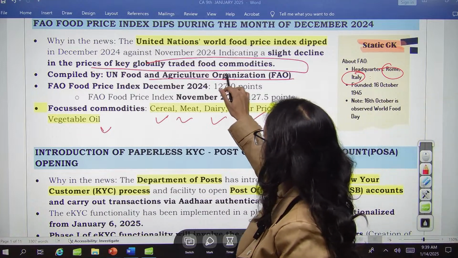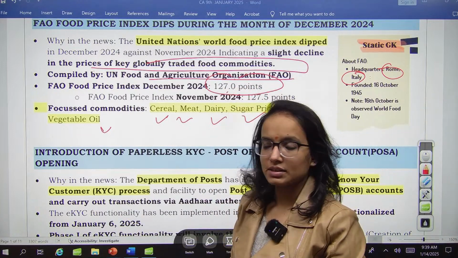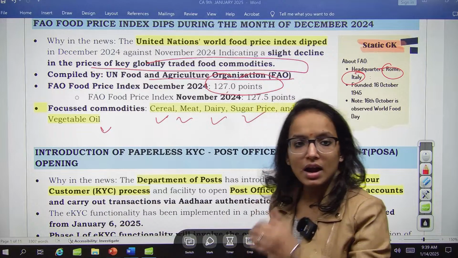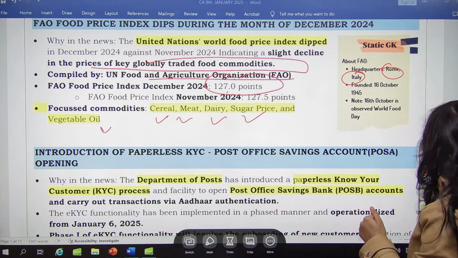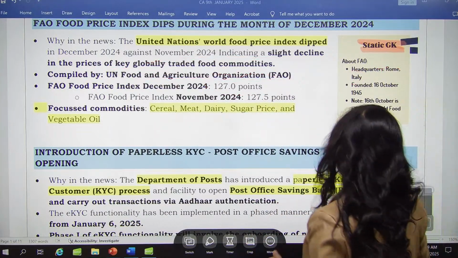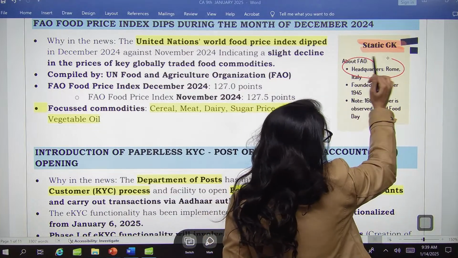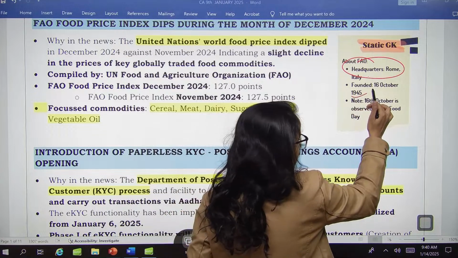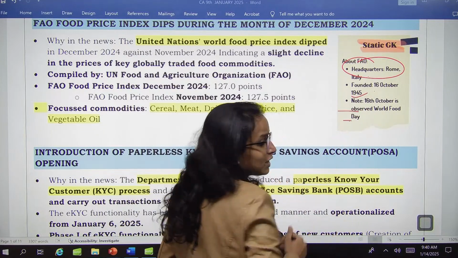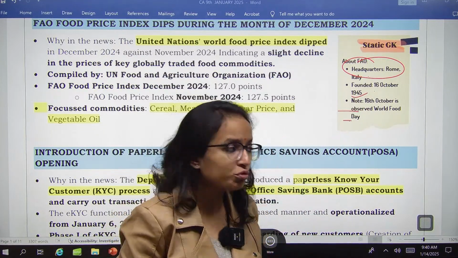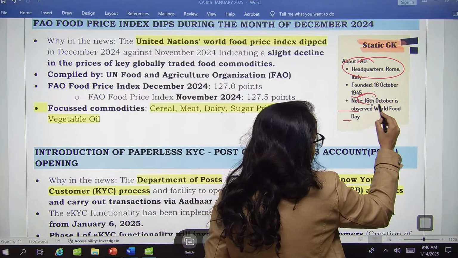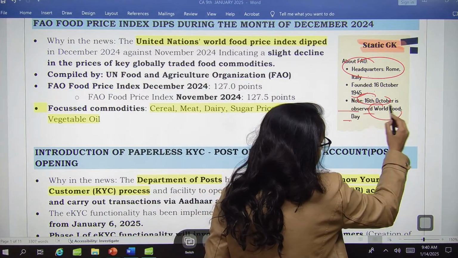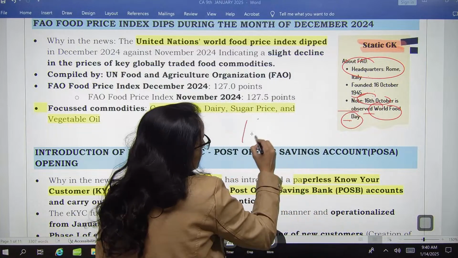127 points. This is the index in December 2024, 127. Earlier it was 127.5. And FAO, I have told you, is headquartered at Rome, founded on 16th October 1945. And that's why, another important fact which you should remember, 16th October is observed as World Food Day, right? So remember, 16th October,